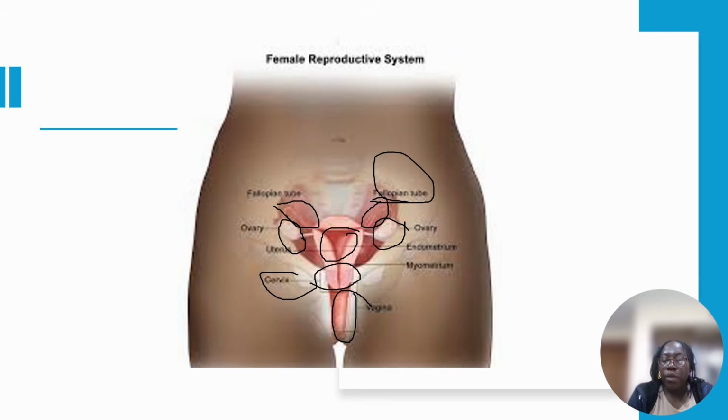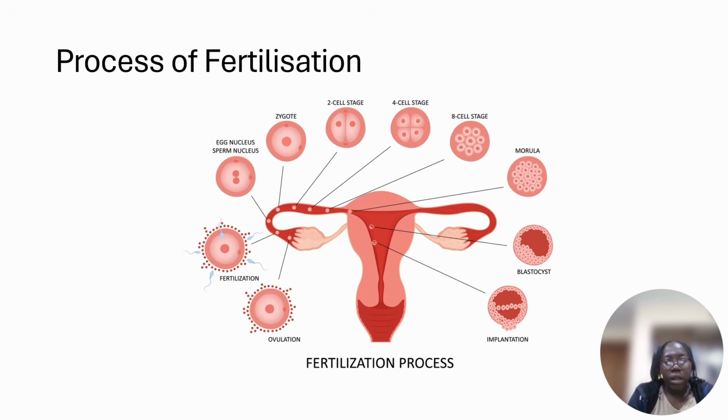Now let's see what is the process of fertilization in the human kind. So in fertilization, for a woman to become pregnant, it has to have the stage of ovulation, which happens on the 14th day of the menstrual cycle. And during ovulation is when the female releases an egg, and then you see here the